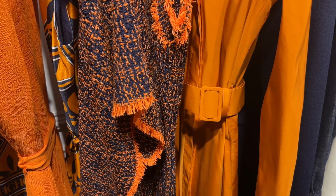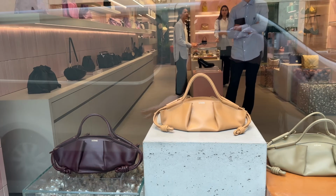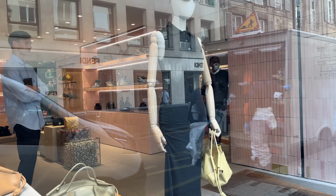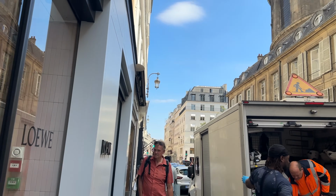And let me know what you guys think of Carolina Herrera. Contemporary, they're modern, but inside it's flickering, so I can't really show too much or you guys won't like the footage. But